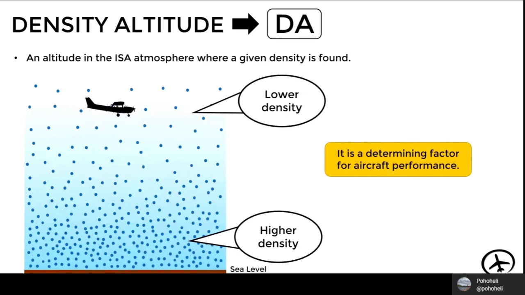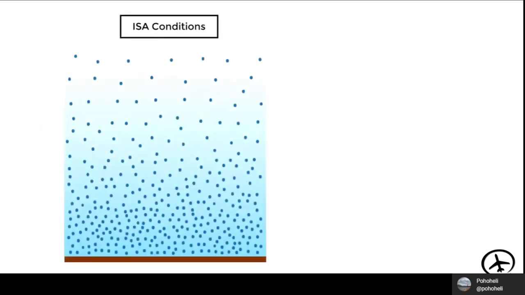Now, as we can see in the definition of density altitude, the ISA atmosphere is mentioned, since this is the main frame of reference to be used. Here we have then an air column with standard conditions. This means that at sea level we have a pressure of 29.92 inches of mercury and a temperature of 15